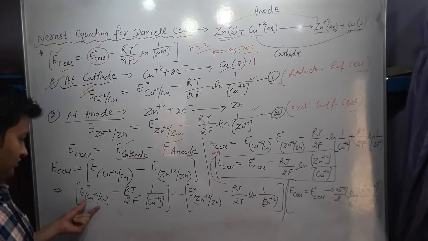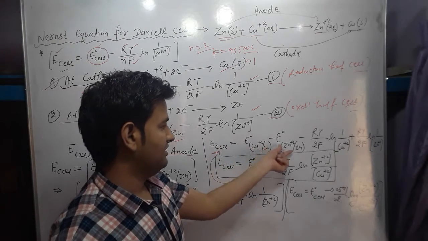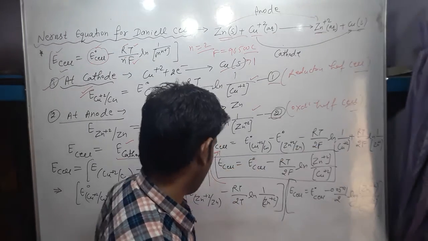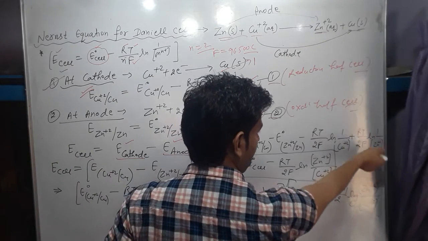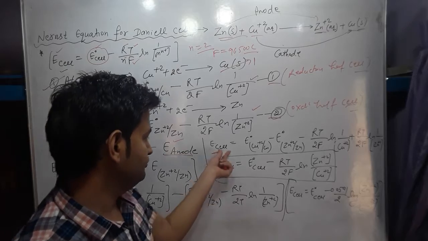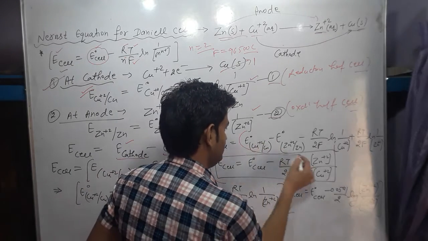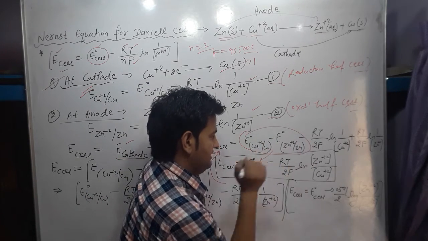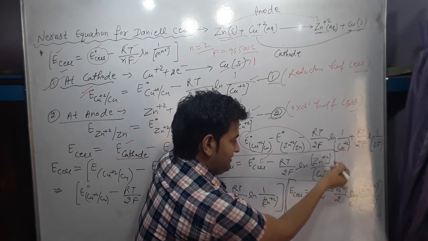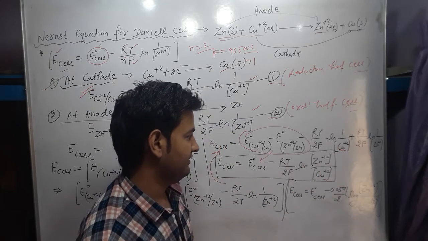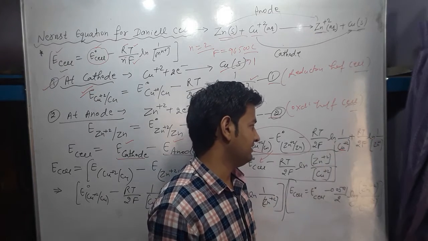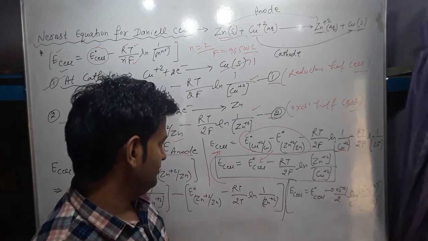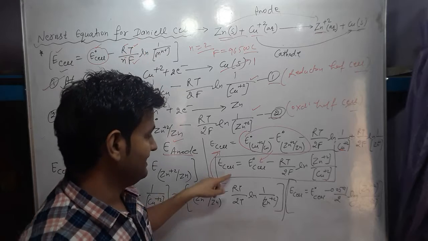From both these equations, E naught of the copper and E naught of the zinc are given here, minus RT over 2F of the copper ion written here, and this minus and minus convert into plus RT over 2F of this. Now we can write the EMF of the cell E naught. This is our standard EMF. It is written as E naught of the cell minus RT over 2F ln. Copper ion is present on the denominator side, and when this comes into the numerator, a negative sign occurs. So negative is here, so it is in the numerator. So we can write the Nernst equation for the Daniell cell like this.